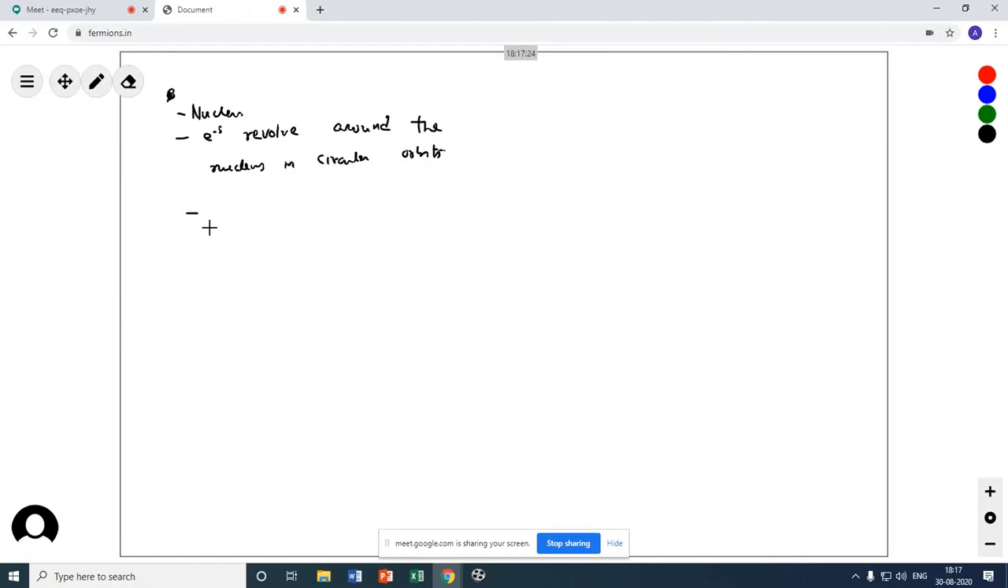There is lots of empty space within the atom. He said this because it is based on the observation